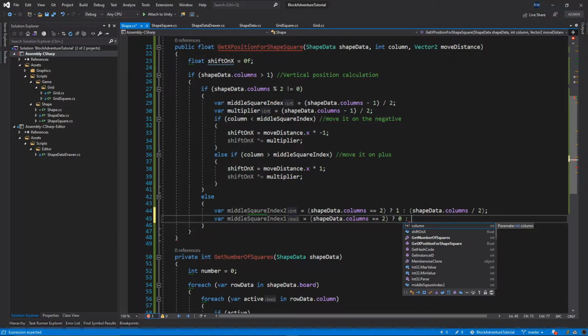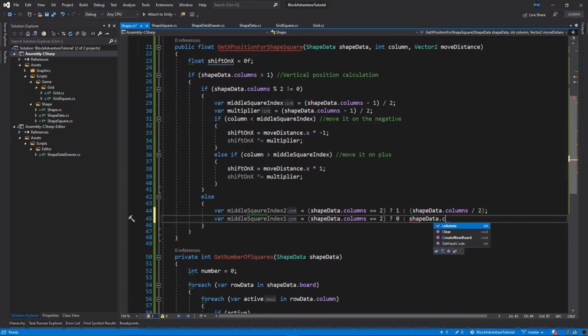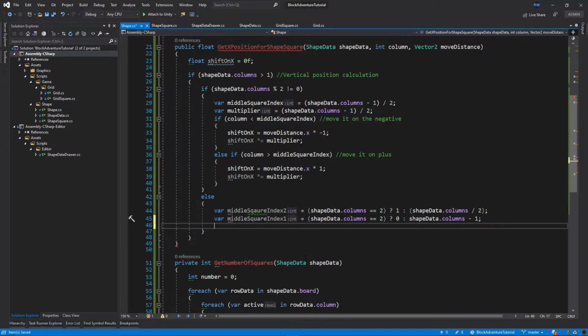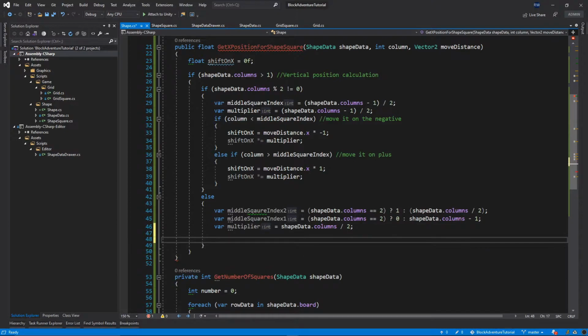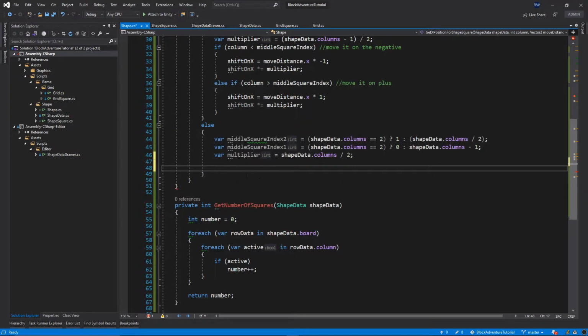Otherwise, we're going to set it to shapeData.columns minus 1. Okay, and then var multiplier will be equal to shapeData.columns divided by 2. Okay, so it's a bit different than what we did in the previous if statement,